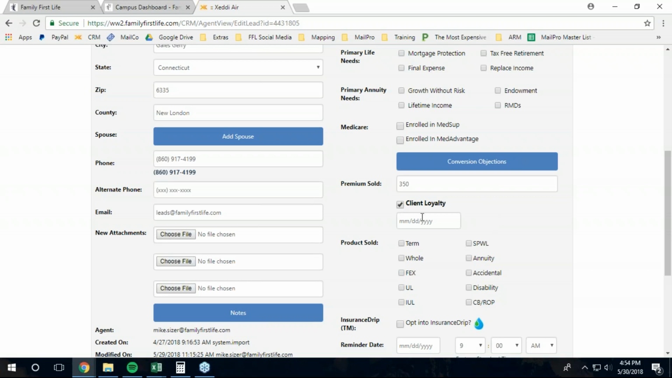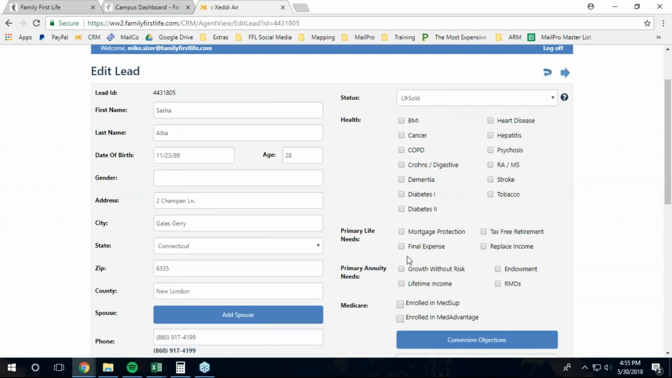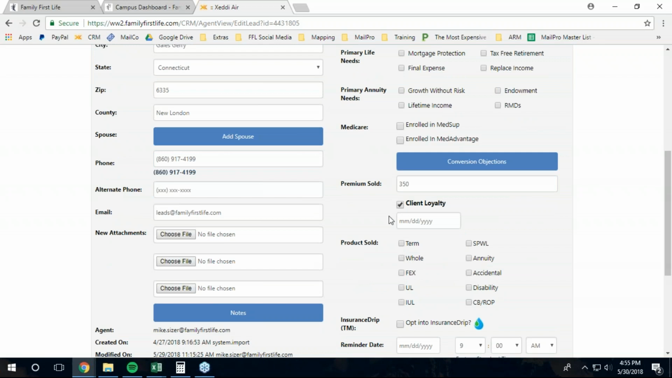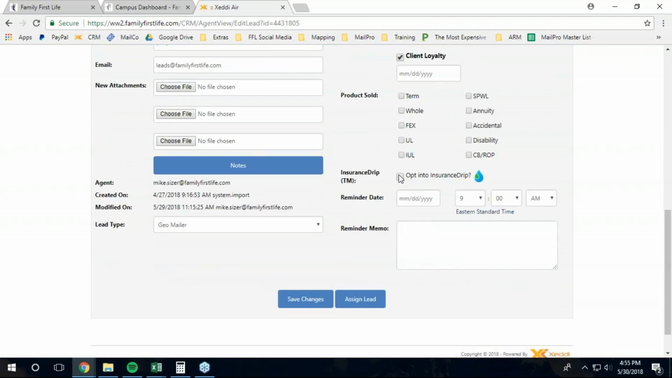That just means that I'm going to contact them on an annual review. That means that I'll be notified when it's their birthday so that I can be in touch with that client, because again, Sasha is now my client for life, and I'm going to be there whenever she might need anything, okay? I can also enroll her into